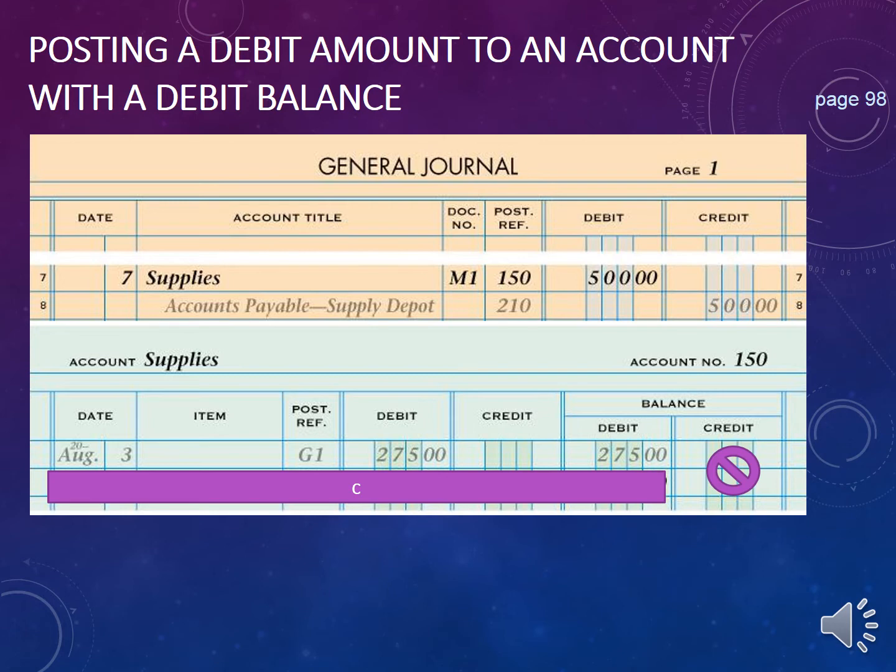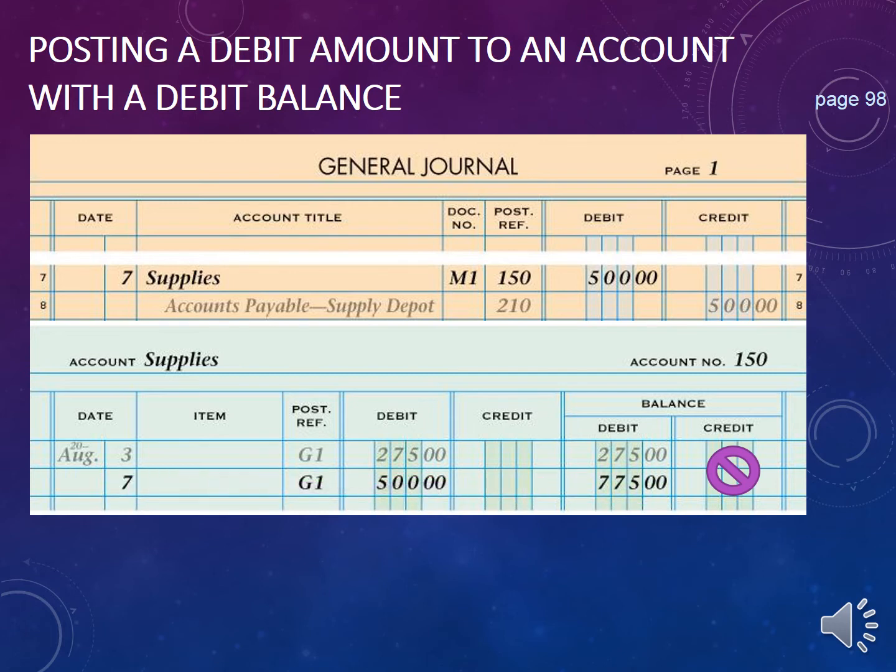Notice that we have a do not record circle in the credit column because supplies is an asset. Assets increase on the left side, which means our account balance will be on the left side. So now we need to record this transaction on the 7th for supplies into our supplies account in the general ledger. So we will first write the date,